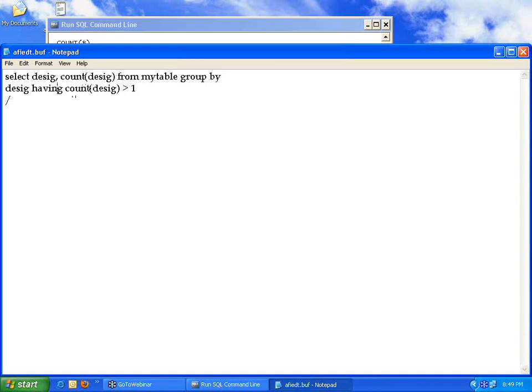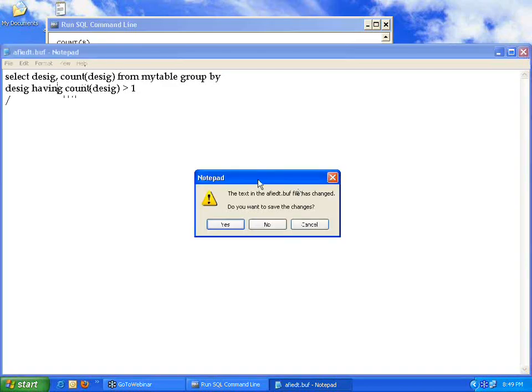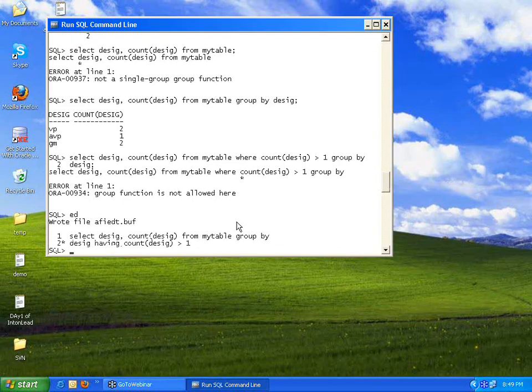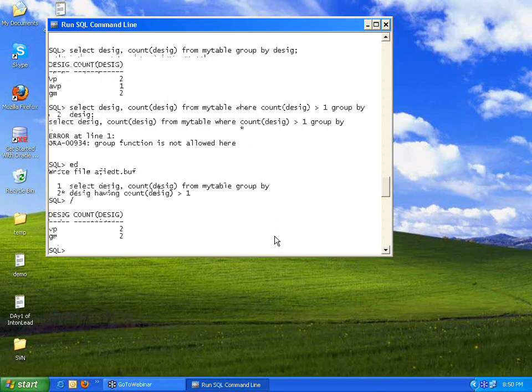I need to necessarily use another clause called having. The simple concept: if you are using an aggregate function, you have to necessarily use a group by clause. When you want to give a condition based on an aggregate function, you need to have a having clause rather than a where clause. Now you see